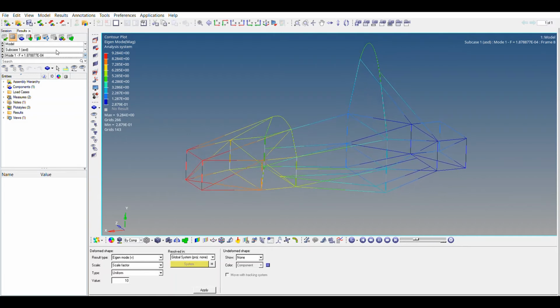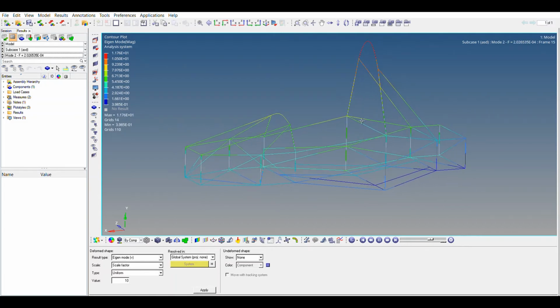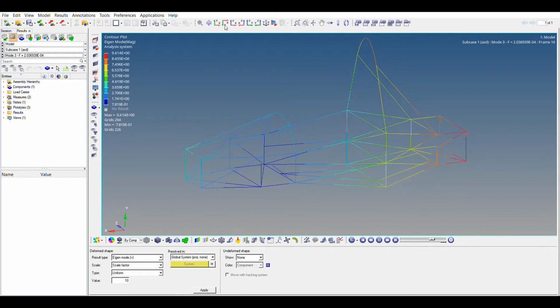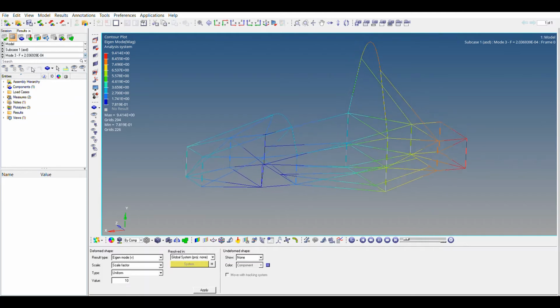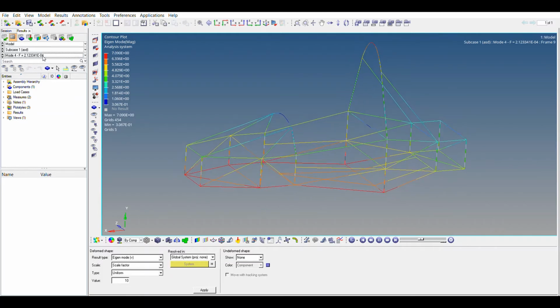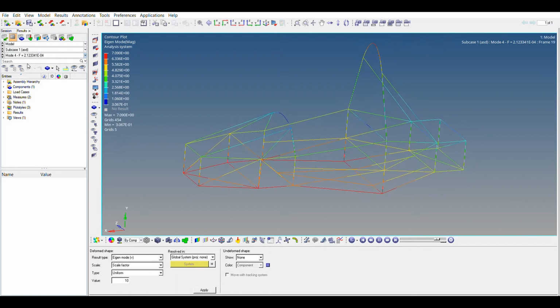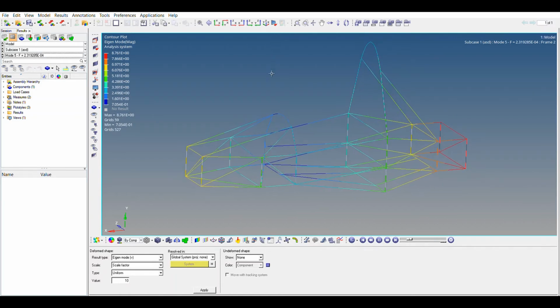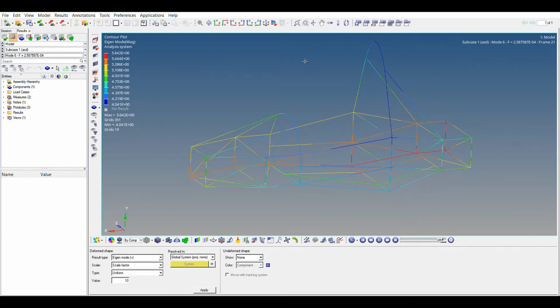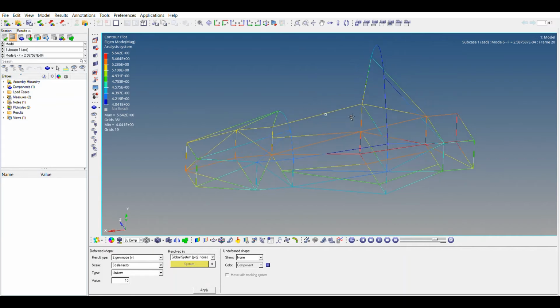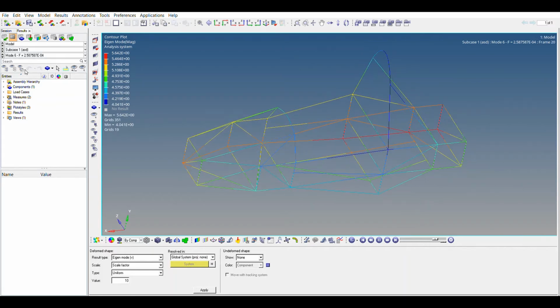Now let's move to frequency number 2. Here also I cannot see any discontinuity. Go to frequency number 3, same case. Go to frequency number 4, not an issue. Frequency number 5, still no issue. 6 also looks good. Change the orientation a bit to see more clearly. No, there is not any issue present.